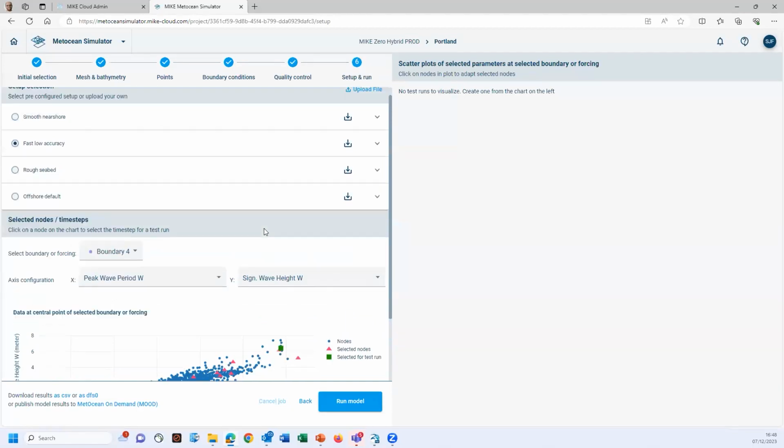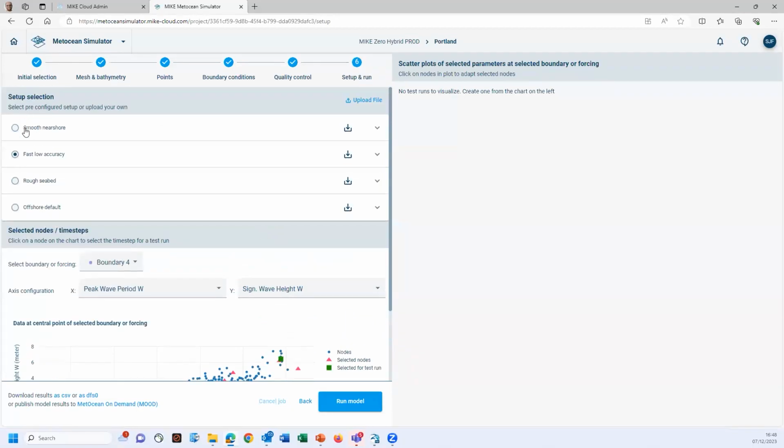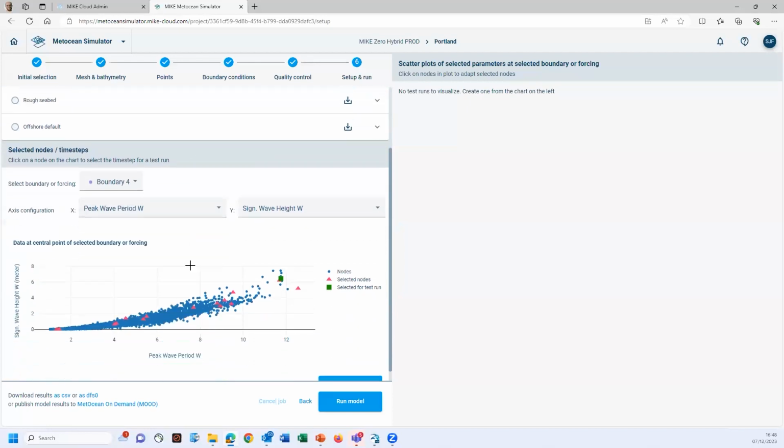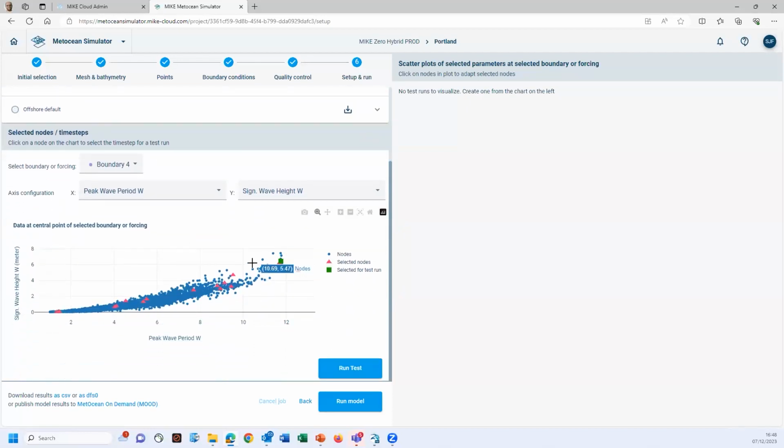And this is the next step. I have a number of options I can use for the calculations, and I get to choose a point for some testing, and I can run a test. So I can choose, say, that time series point there along boundary 4. I can run a quick test to see what that looks like, and I'm running it live now. As I said, slow internet, it might take some time. But